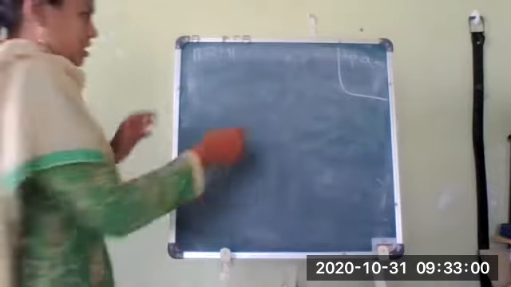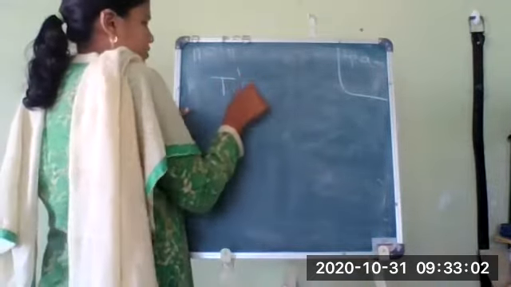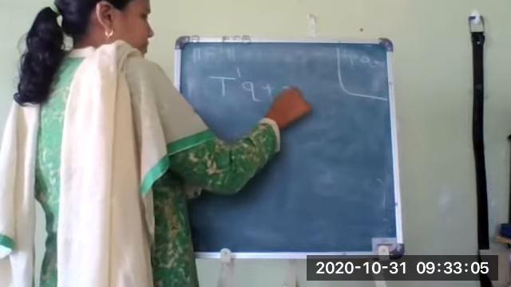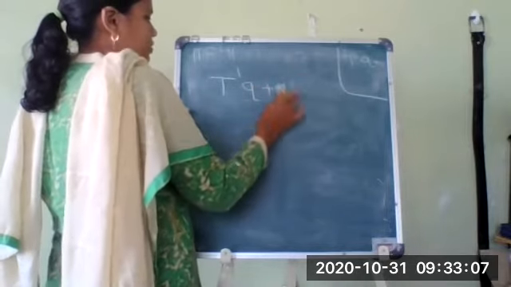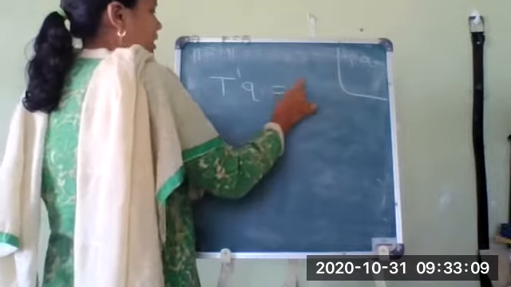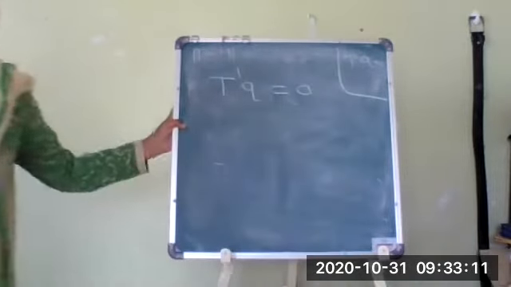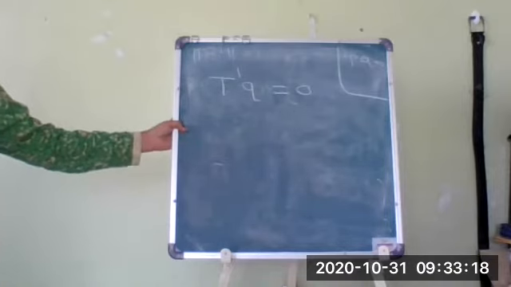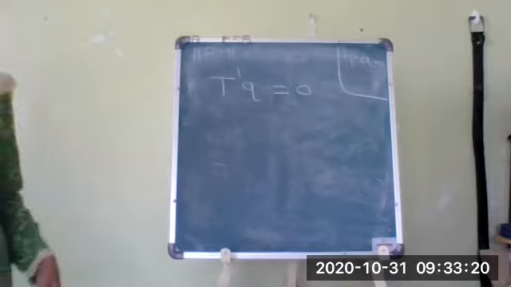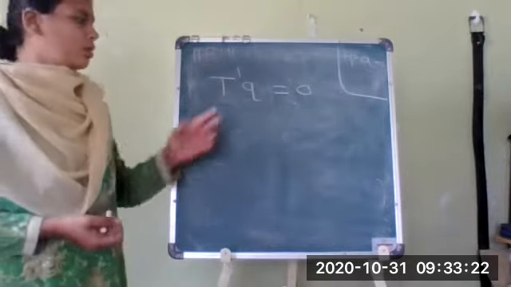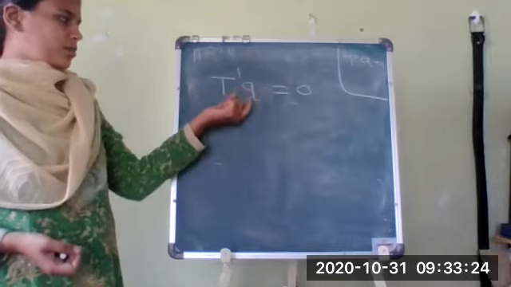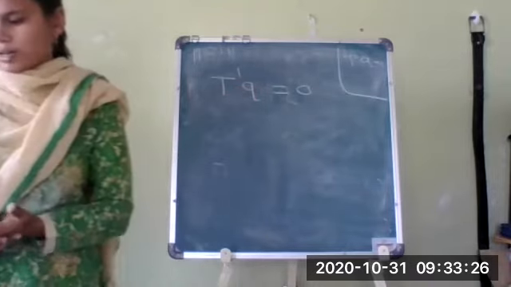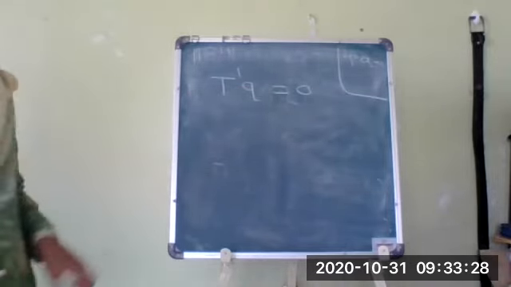Let us differentiate this equation once again. What we get is T dash into q plus T into q dash, and as q is simply one point, the derivative q dash will be 0, so there is no need to write it down. Directly we can write T dash into q is equal to 0. Q is a normal, but it will have some coordinates, and the derivative of a constant coordinate will be 0. So T dash into q is equal to 0.